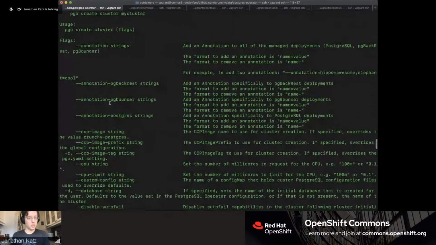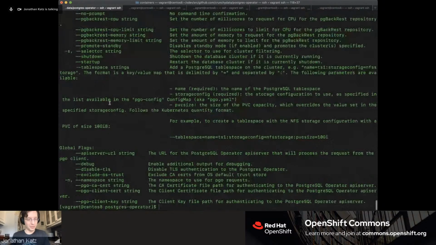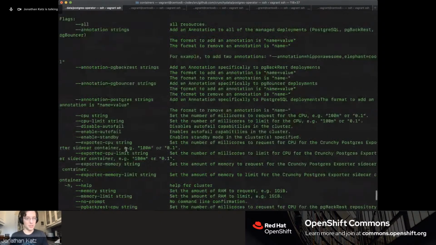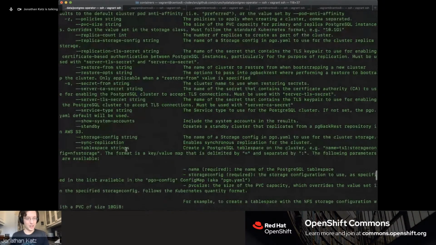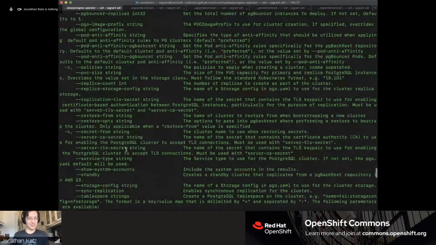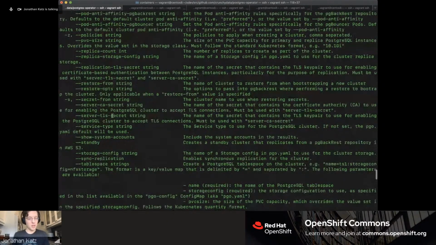So what other cool things? As you can see, there's a lot of flags. I do encourage you to read the documentation. I've tried to write the documentation in a way that tells a story that gets you to where you need to go. As always, because it's open source, patches are welcome. People certainly do like to leave their opinions on the documentation.